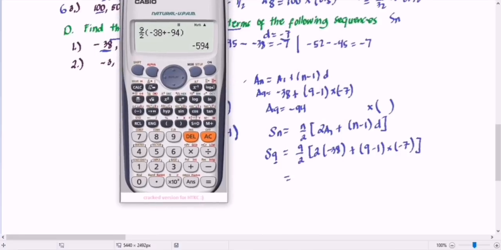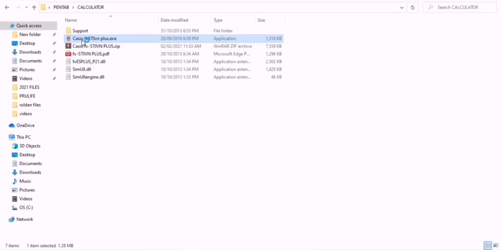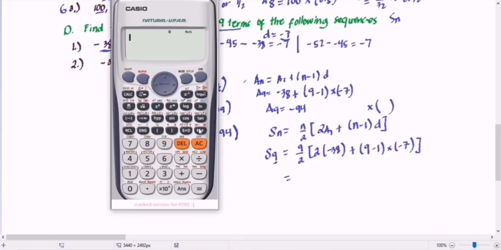So, dito, magiging... so, copy natin 9 over 2. Yung bracket ay parenthesis lang din yan. Bracket, then 2, dito tayo another parenthesis open, then negative 38, then close parenthesis, plus another parenthesis, 9